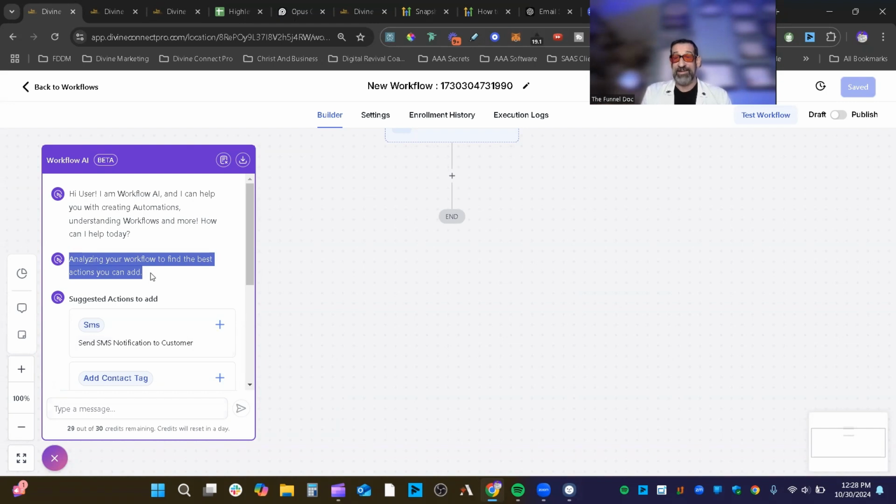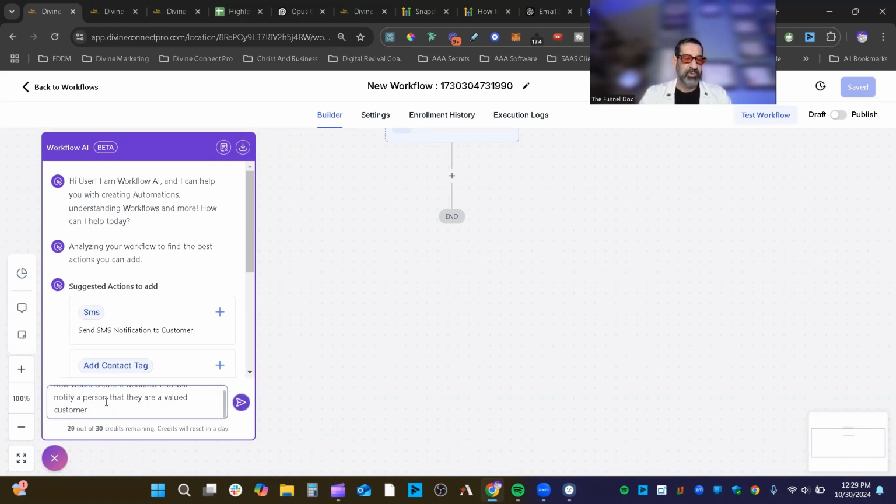You can type anything into it. I haven't gotten crazy detailed, but if you've got any workflow that you're having trouble with, this is amazing for you guys, but it sucks for our agency because now you guys are going to be able to figure this out without us as much. No, I'm joking. We'll still always have a job because we're the best. You get 30 of these for free, and if you want more, if you get the AI employee, the unlimited AI package, you can get more of these. You open it up and just tell it, for example, how can I create a workflow to let someone know that they're a valued customer once they